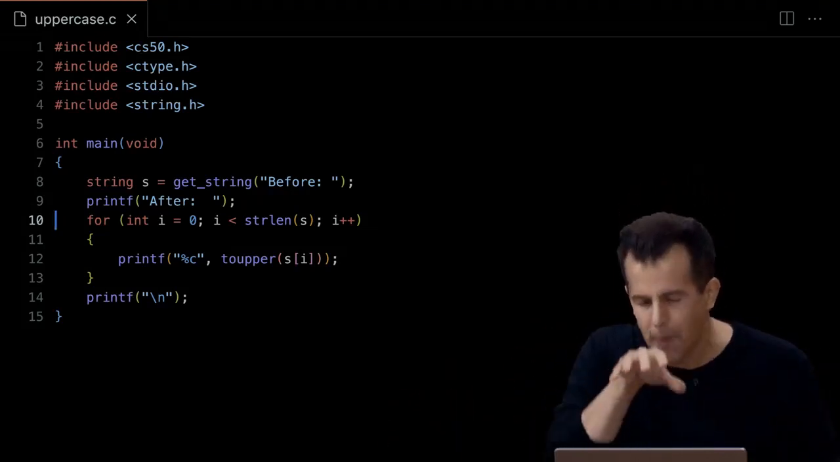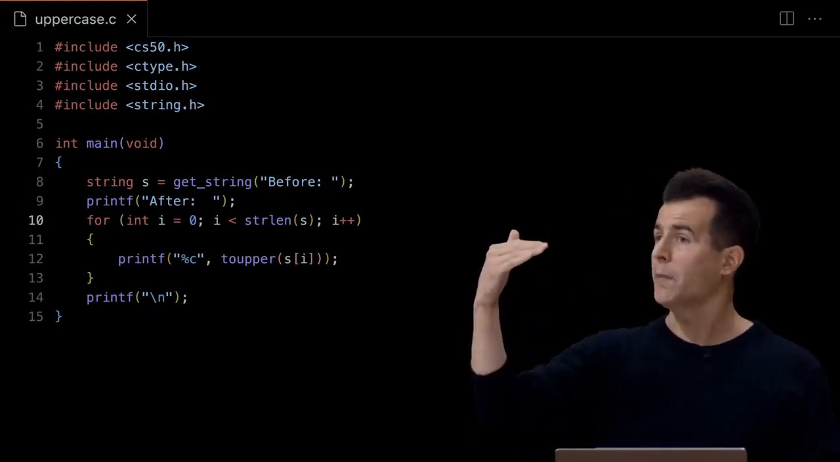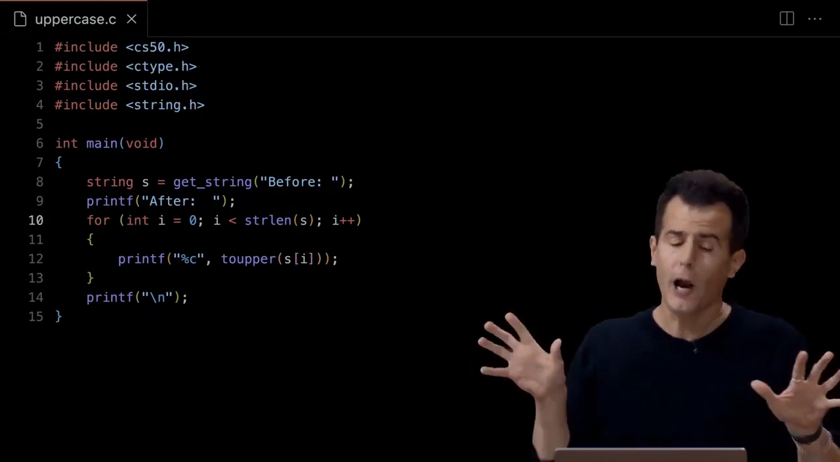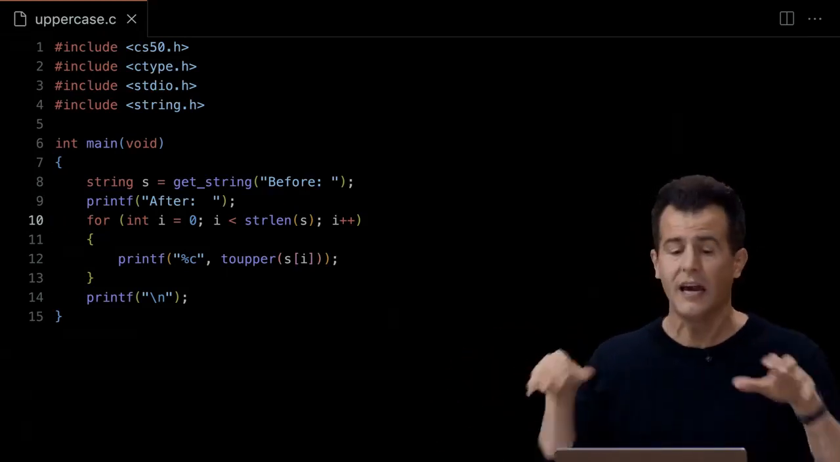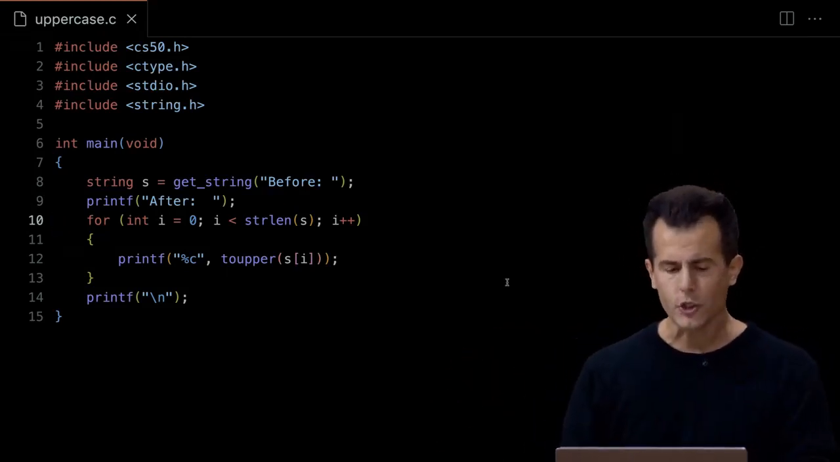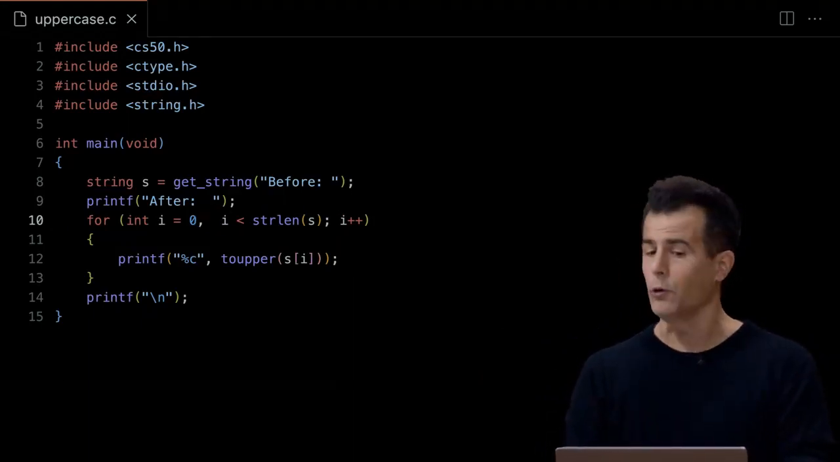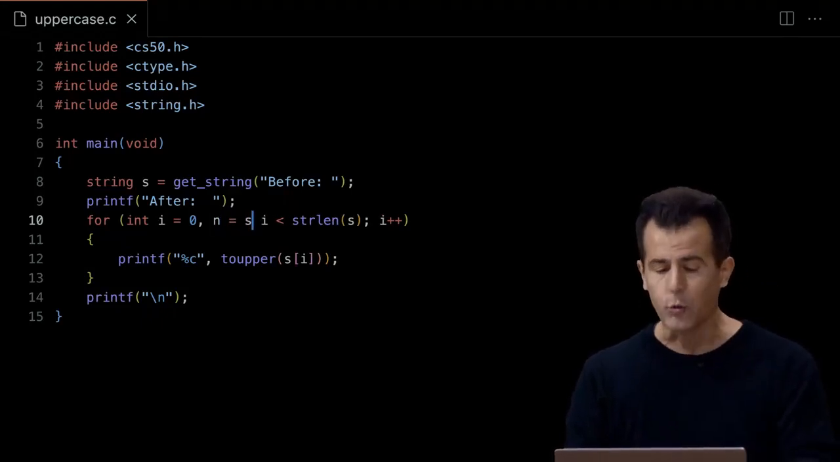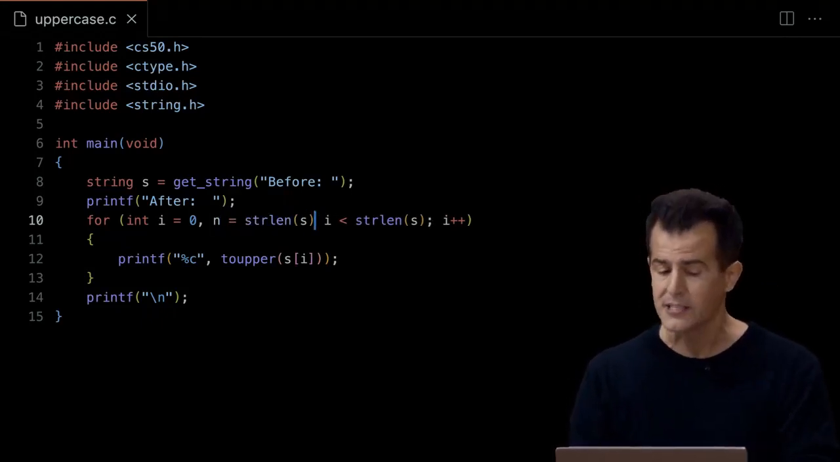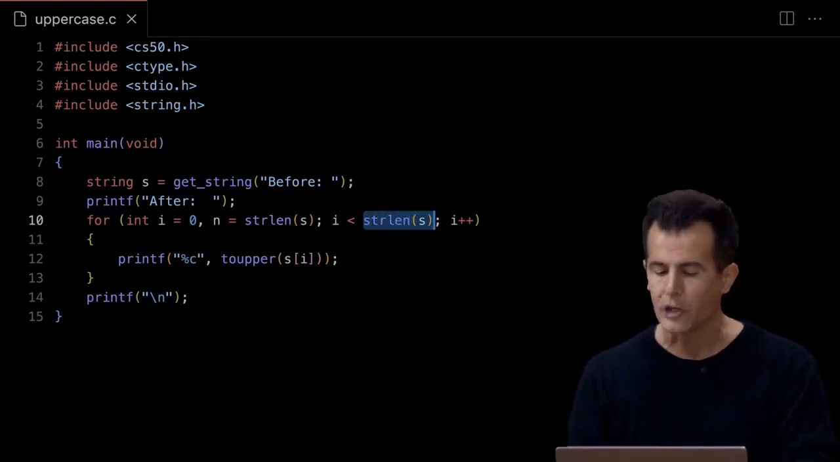So I dare say a better solution here would be to maybe figure out the length of s earlier on in my code and maybe declare a variable, or perhaps do something that's syntactically a little more elegant. And in fact, a very common design in a loop like this would be to declare not just one variable like i, but to actually declare a second variable called n, for instance, where n is just some number. Set n equal to the length of s, but thereafter, inside of this condition, instead of calling strlen of s